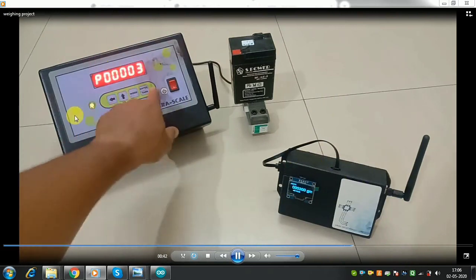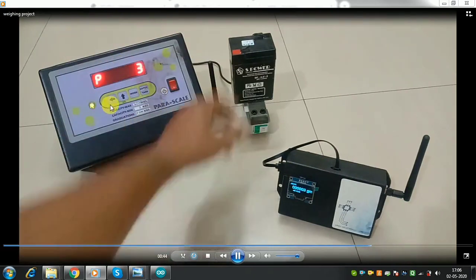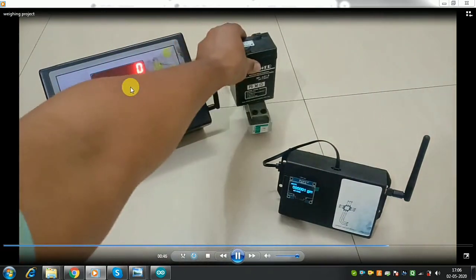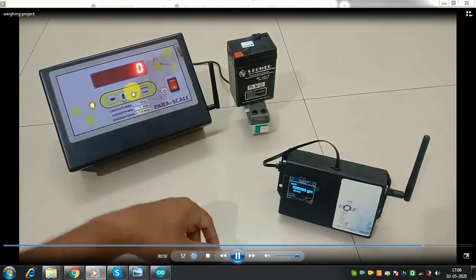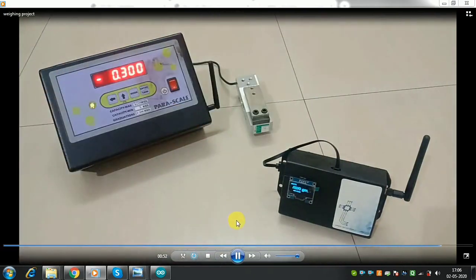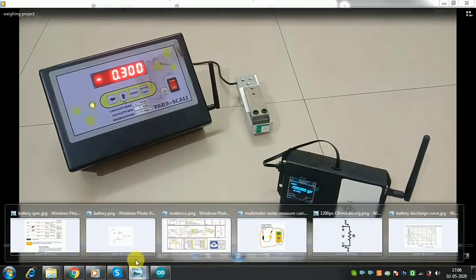But here it can be a heavy battery, but it should work for a longer duration on a single charge, because charging here near the platform is not very easy. So that is what you need to consider when you are choosing a battery for your application. Okay, now let us move to different battery types.